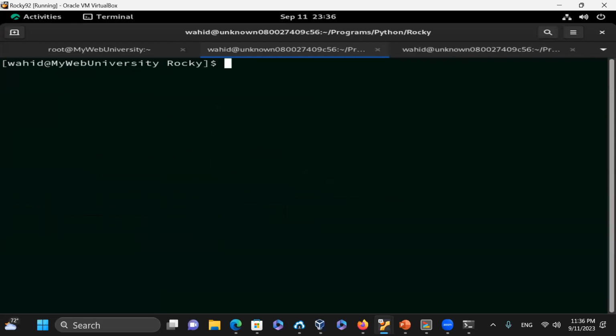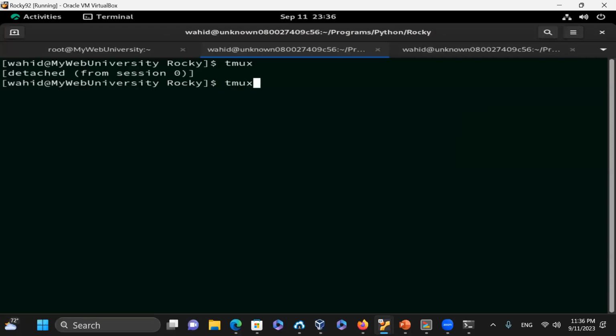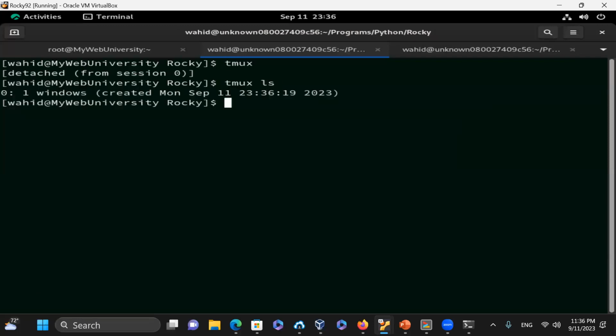So the way you created it, say tmux, and then Control B, detach, tmux ls, and then now if I want to kill that session, if I want to get back to that tmux, and then I say